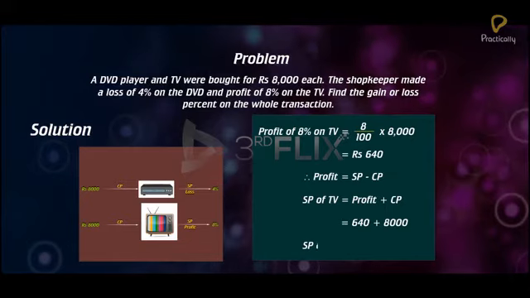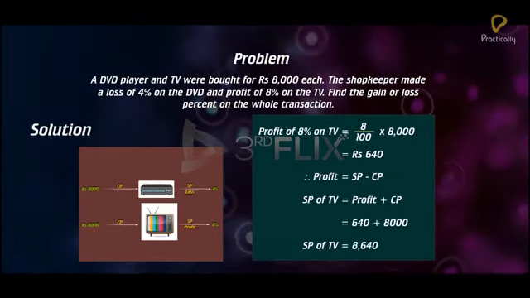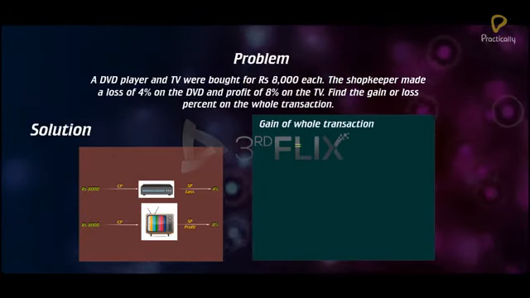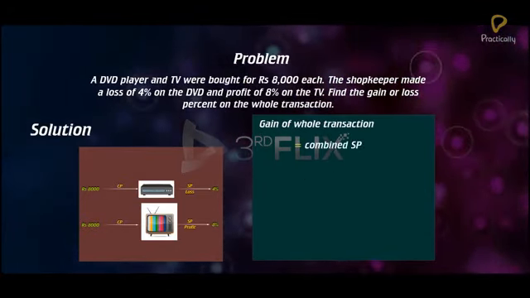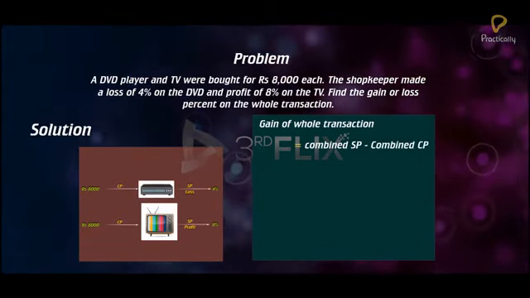So, the selling price of TV is equal to 8,640. Gain of whole transaction can be calculated as combined selling price minus combined cost price, which equals to rupees